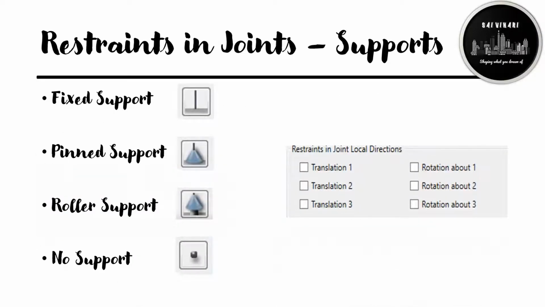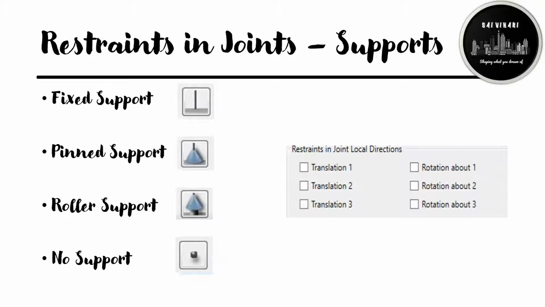For any point, there are six possible movements that can occur. These are called the 6 degrees of freedom: 3 for translation movement in the x, y, z axis, and another 3 for rotational movements in the 3 axes. These degrees of freedom help us understand whether or not these movements are free to move or are restrained.